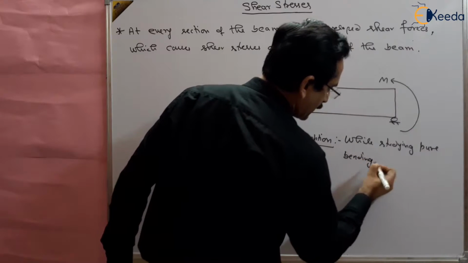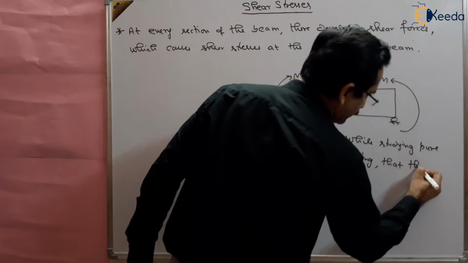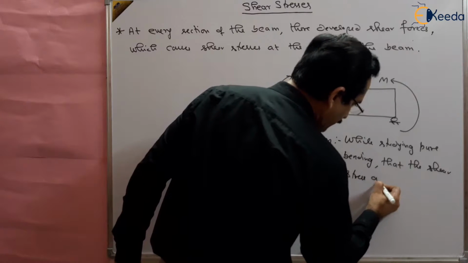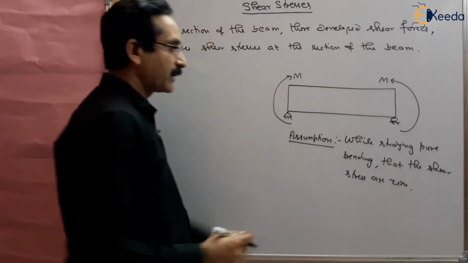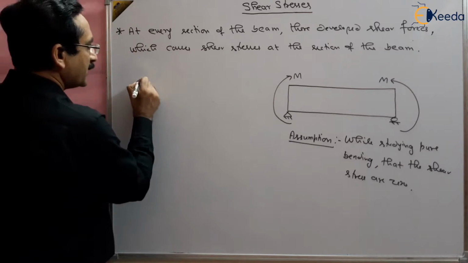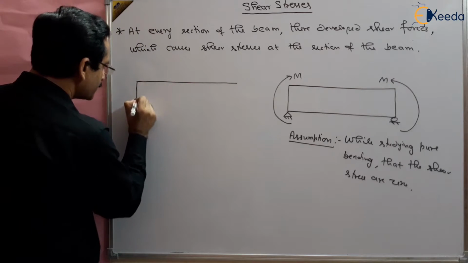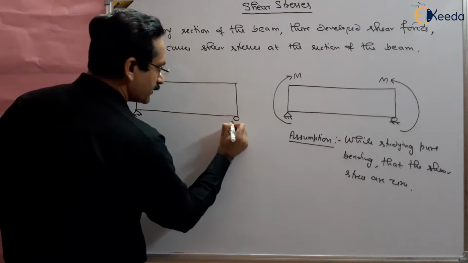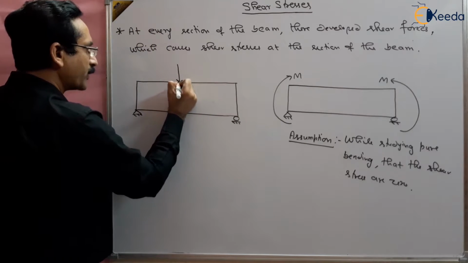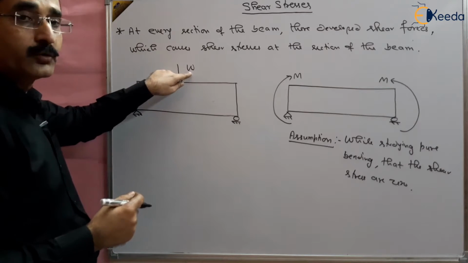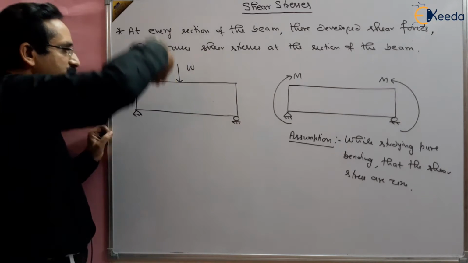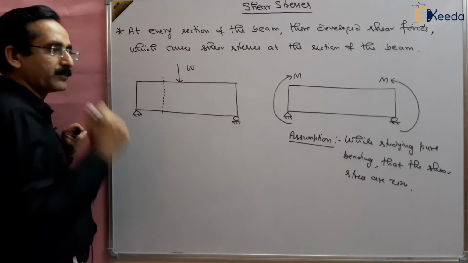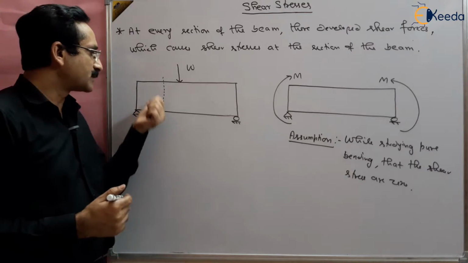that the shear stresses are zero. But it is actually not the case. In actual conditions, whenever you apply some load to a beam, suppose we apply a point load at this point, right? What will this point load do? This point load will try to shear off the beam at any cross section, and due to that some shear stress is developed in the